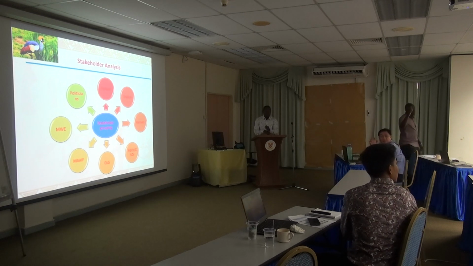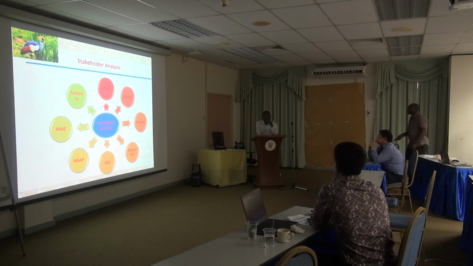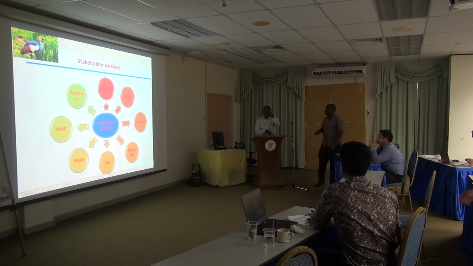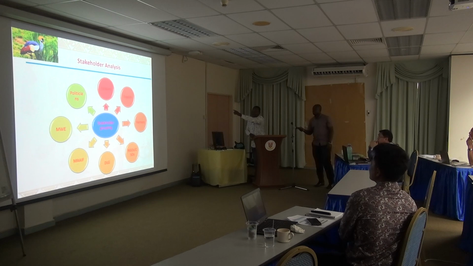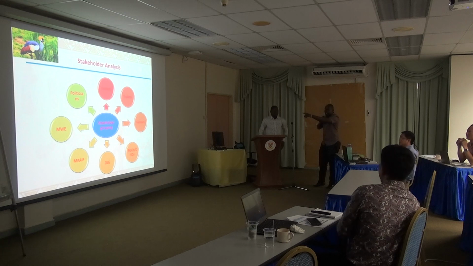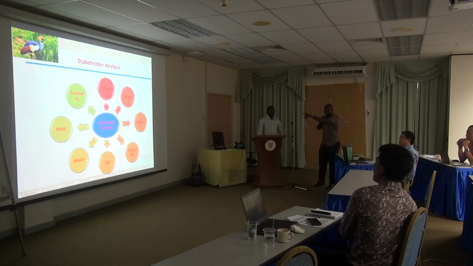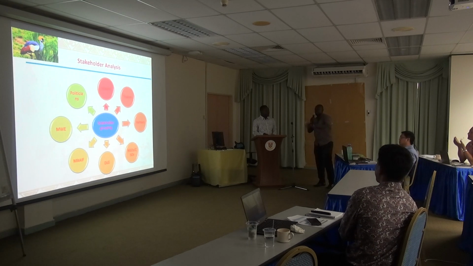They don't understand. Can you please repeat your question? That one I've got it. What it says is that we didn't categorize, but we categorize. That's why she said the coloring is different according to benefit. Fishers are benefiting more than traders, than farmers. You can see that is the level. So the primary stakeholders are the three. Actually, when you look at it critically, the fishers are the primary. Exactly. It flows according to the strength of the colors.